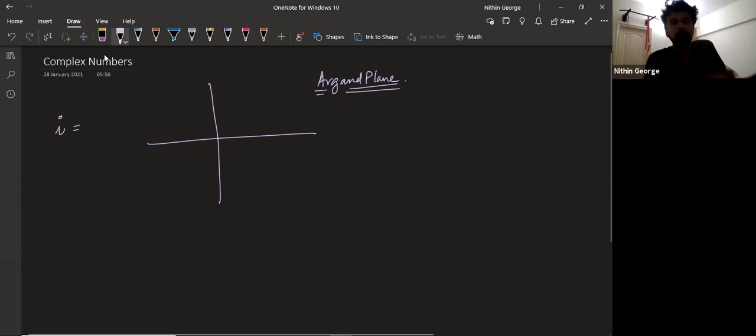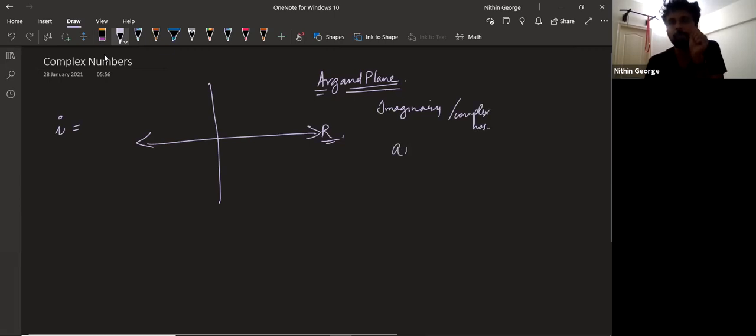So first, what we had was the real number line. Think of it like that. This is the real number line. Then we found other numbers, we as in some people way before us. They found some other numbers that don't exist in a real sense, but they do exist and they have properties that match what we do with real numbers as well. So they're called imaginary numbers, or complex numbers, basically.